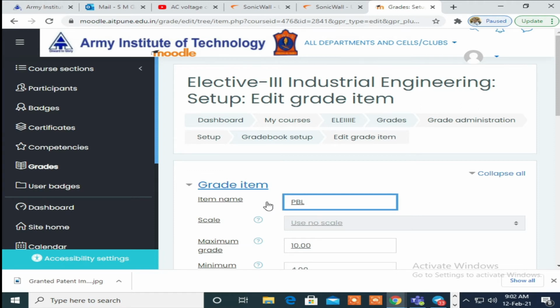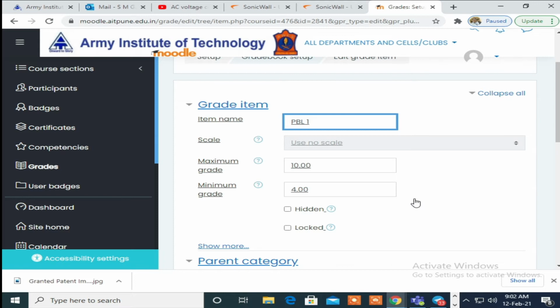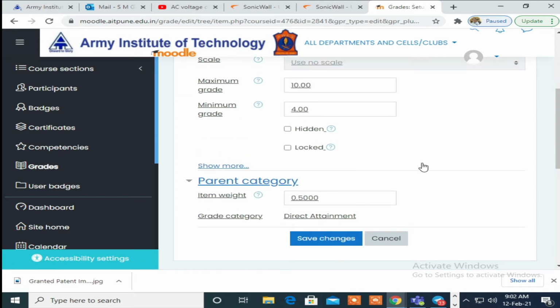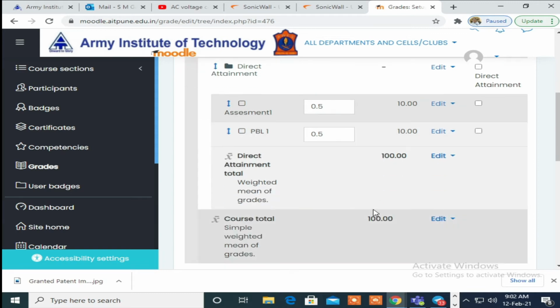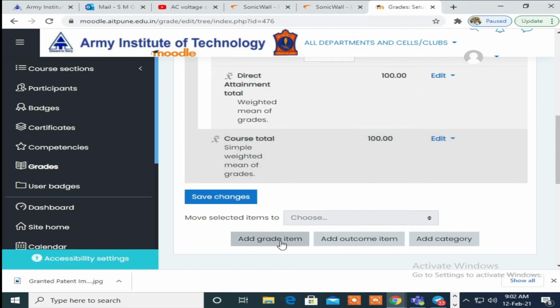PBL, that is project based learning. In this project based learning, we can give maximum grading and minimum grading. Then add more grade items.